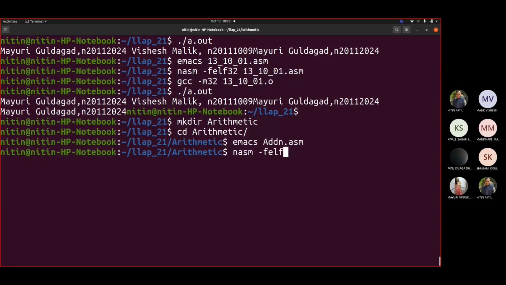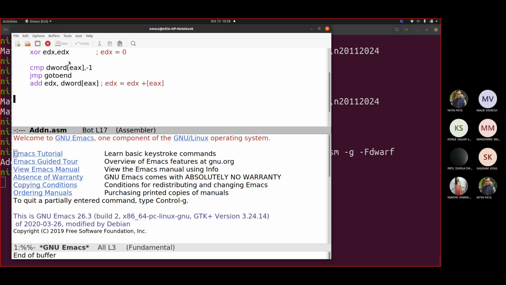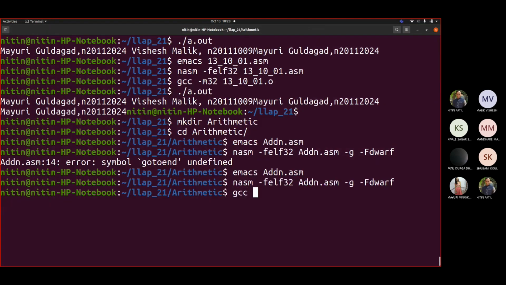Let me nasm add.asm -g -fdwarf. Okay, so we haven't declared the variable. Okay, good. So we will add that. Go to end. Okay, we'll write the code later for that part. So nasm, gcc add.o -m32 -g.